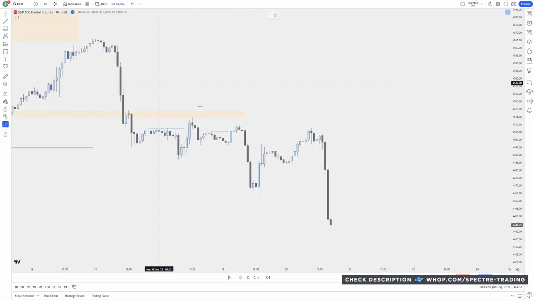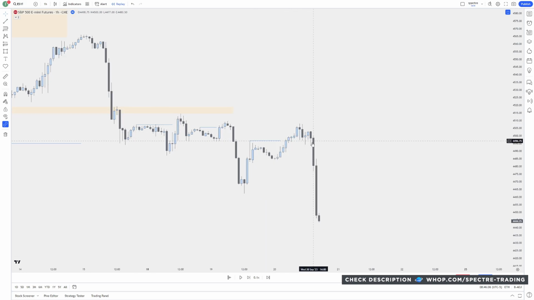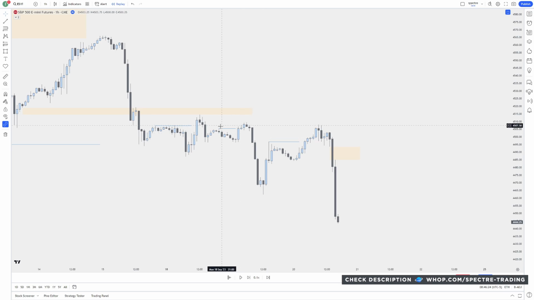Once again, we have an old high being liquidated, price trades above the old high, and look how quick we displace lower in comparison to this slow bullish push up. Compare the momentum of these candles to these candles, and then we also have the fair value gaps being left behind. Once again, manipulation, fair value gaps,